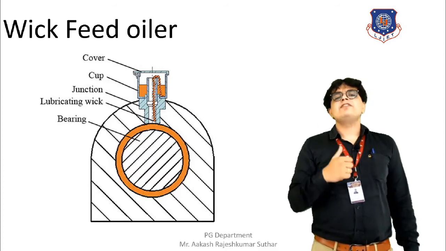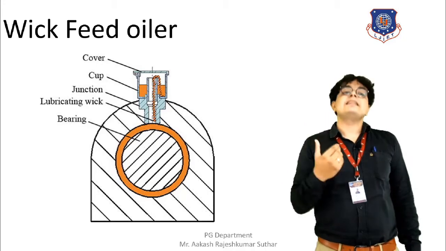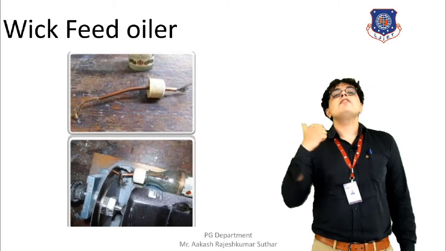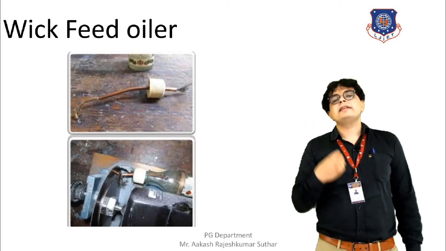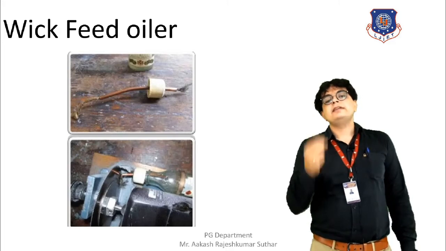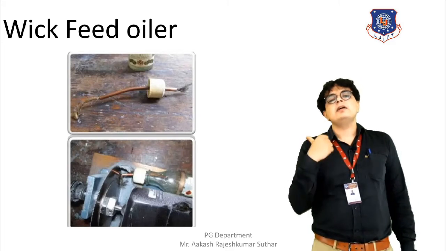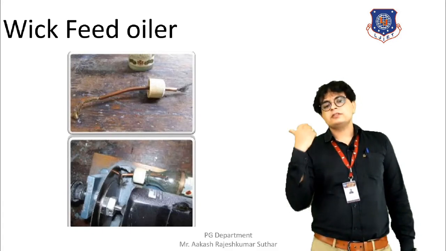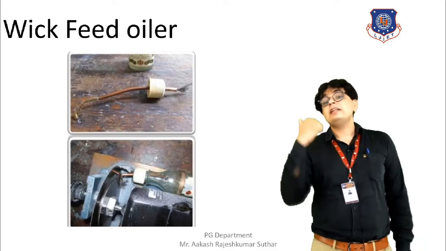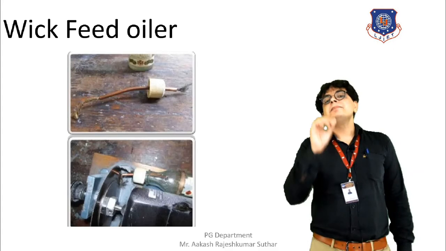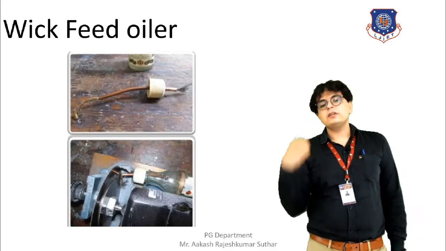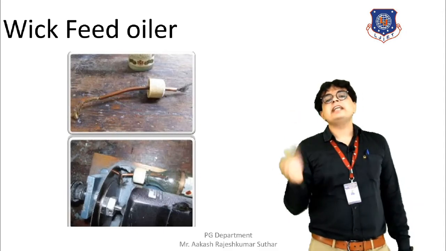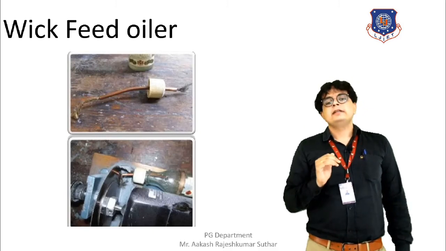Now let's have further discussion on these materials, how they look. So here the first figure is of a wick. It is a cloth-like material which transfers the oil under capillary action. And we also have another figure where the wick is taking the oil from some source. In this figure, oil is filled into a bottle, and we have immersed a wick into it. As a result, the wick will transfer it with the help of capillary action to the bearing that is kept aside, and as a result, the lubrication will be done.